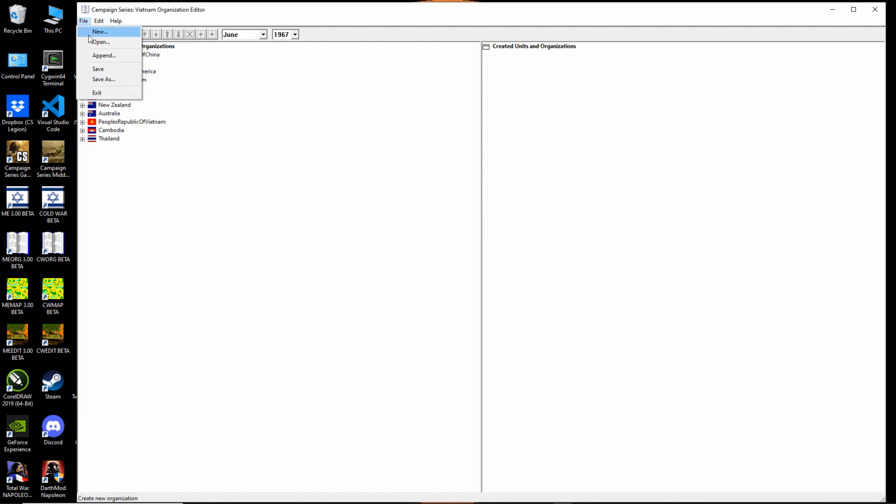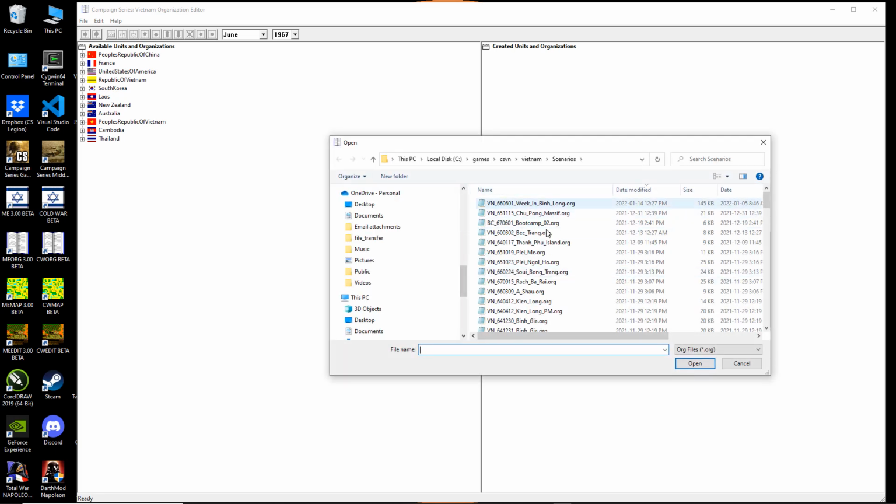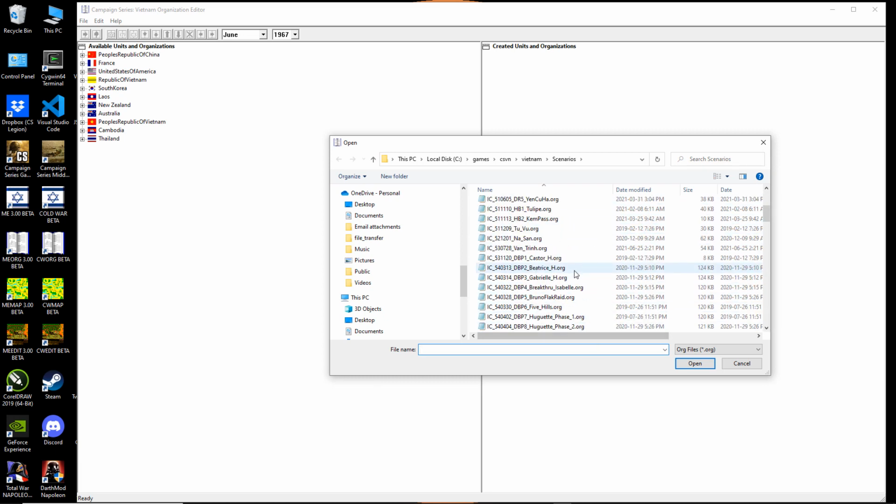You can open existing ones. You'll see that they're all located in the scenarios folder. They're all in here. But we're not going to do that. Again, we don't want to be touching these. We can use them as a base. There's ways of doing that. I'll show you